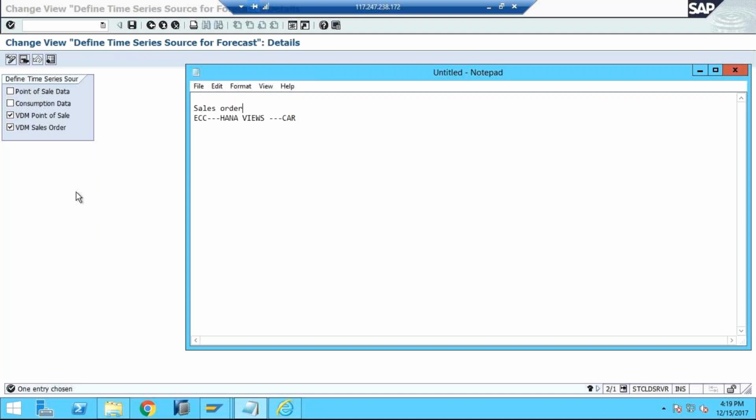I don't have a brief idea on that, because we always work with POS, CAR, and DDF and then ECC, whatever. This is the scenario I always work, and I also work with consumption data. What is that? Like